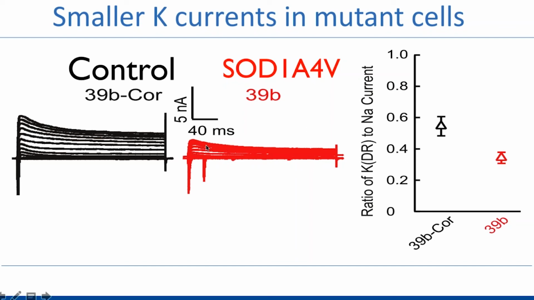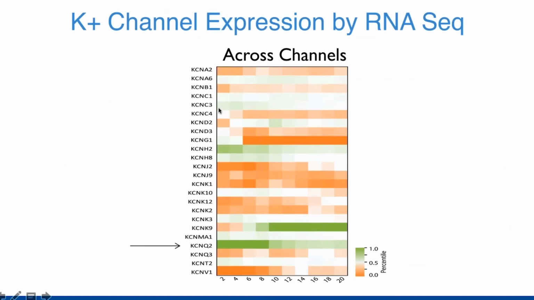And it was also interesting because there's a well-known anti-epileptic drug called Retigabine, which is known for opening at least one of the classes of channels that's responsible for this kind of current. And when Jack carried out RNA sequencing experiments on the motor neurons that came from controls and patients, he found that in both cases, one of the most highly expressed potassium channels was the KCNQ2 channel, which is a target of this anti-epileptic drug. And that drug is called Retigabine, and it was designed to bind inside the